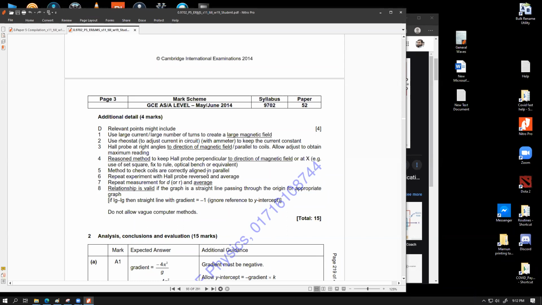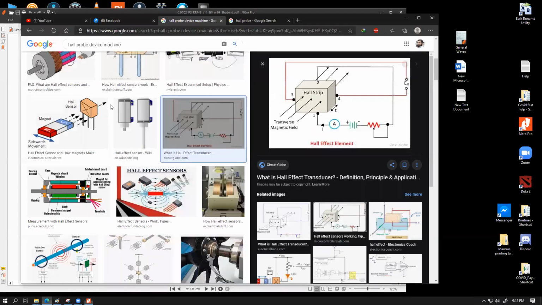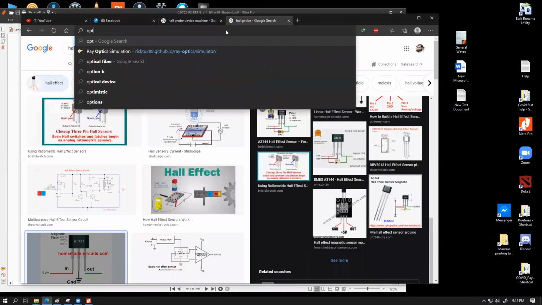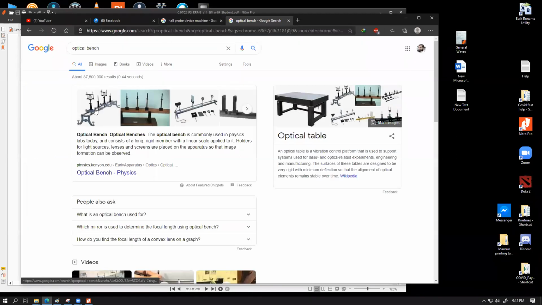The idea of the optical bench or equivalent is, well, optical bench, you have seen it, right? It's something that a beam passes along. It's something like this. So what they are proposing is that we can have this thing